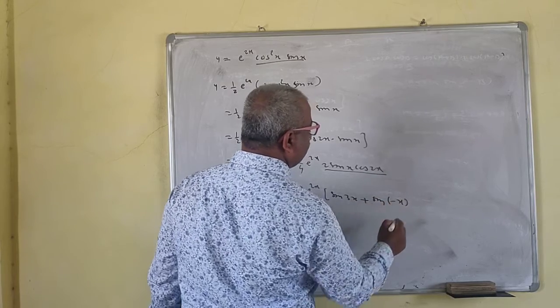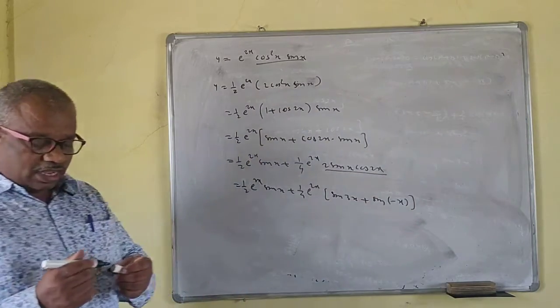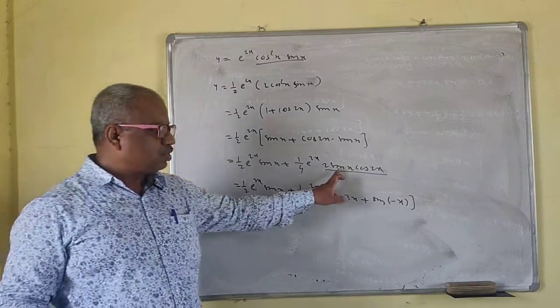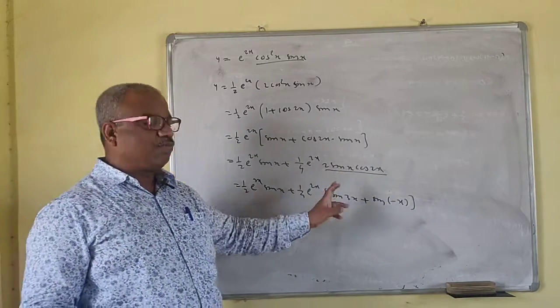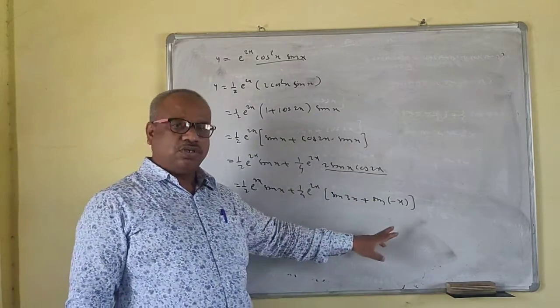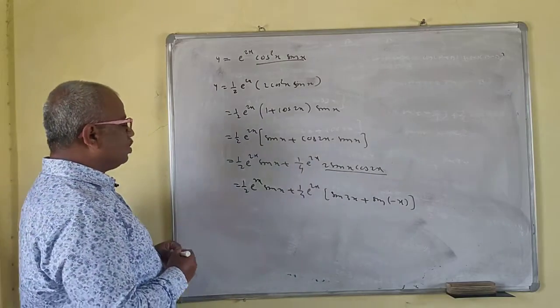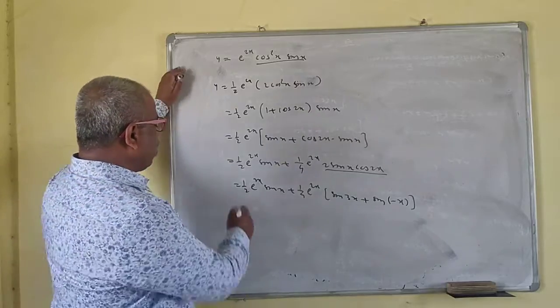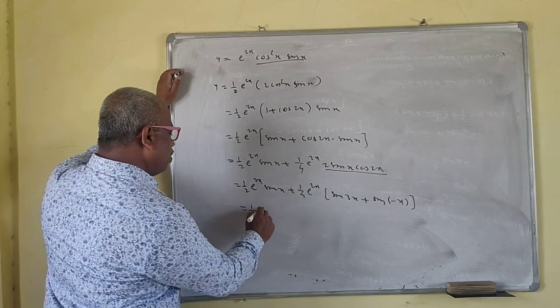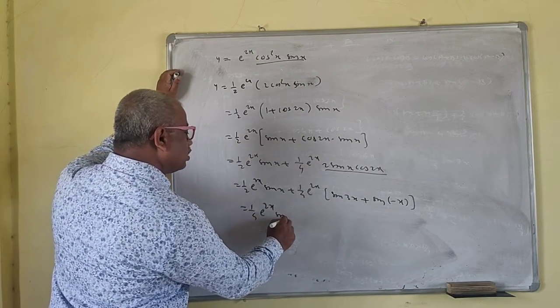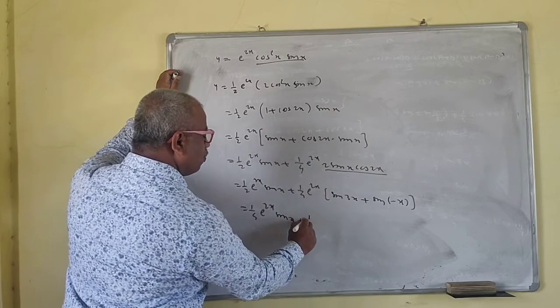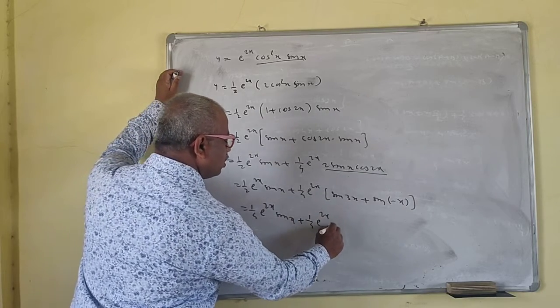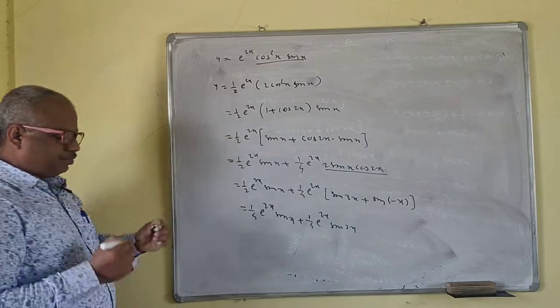You have to take the care of the angle now for sin. So angle of a is what? So sin a minus b, a from the angle of sin and b from the angle of cos. So this is the minus. You have to take the care of this one. Now see, this is 1 by 4 and this is minus here. Okay. So you can do this. This is what then? 1 by 4 e raised to twice x sin x. This will be plus 1 by 4 e raised to twice x sin 3x.